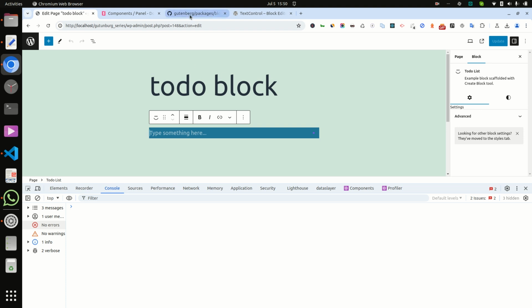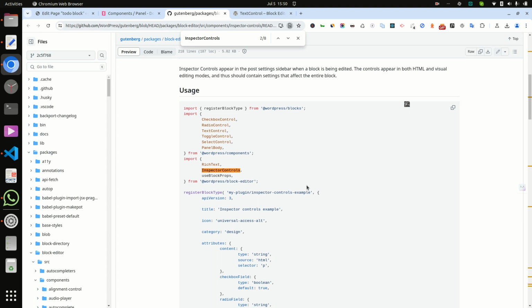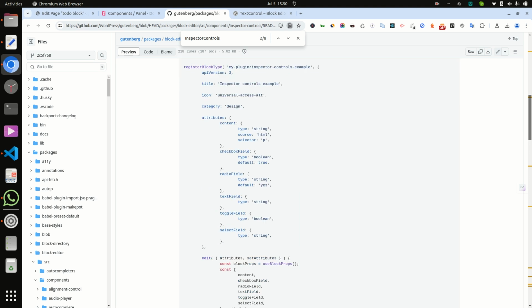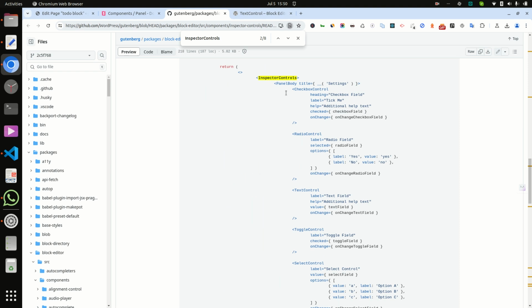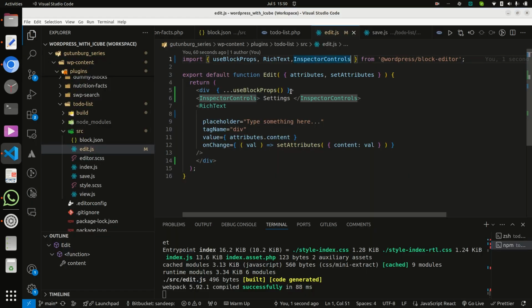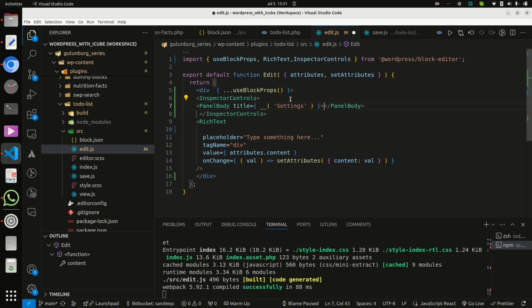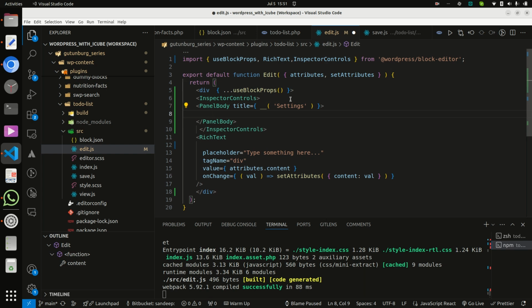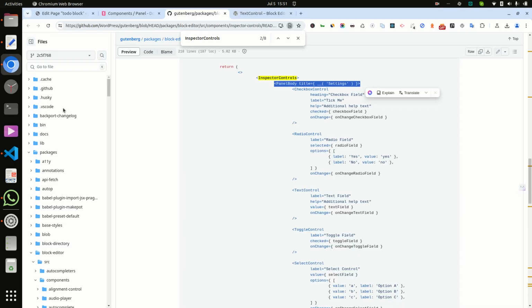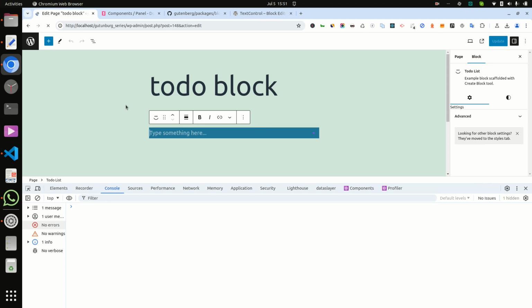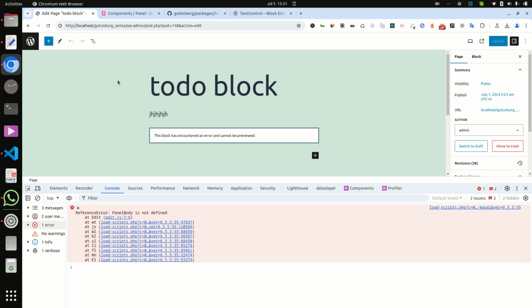For it we can use Panel here, like PanelBody, etc. Oh, I think PanelBody is not defined.